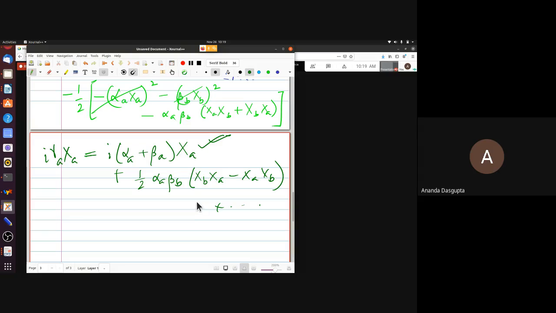What this tells you is that this quantity, which apart from a sign is just the XA XB commutator, must be a linear combination of the x's in order that this formula makes sense. So this is where the importance of the commutator for the generators comes in. This has to be a linear combination